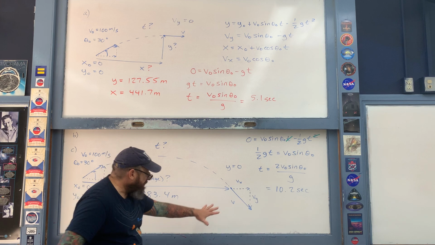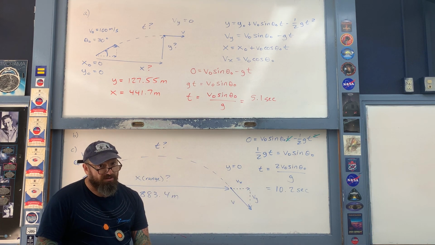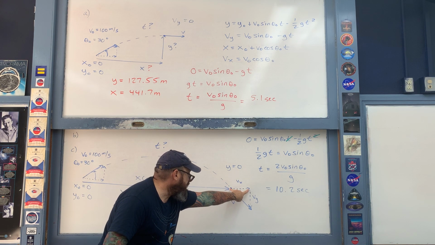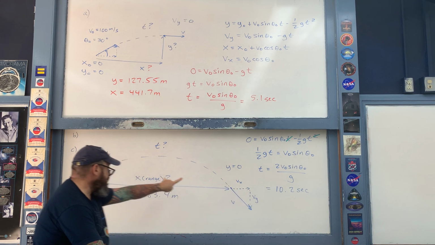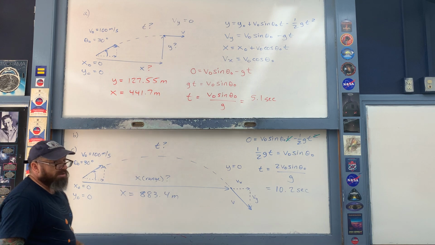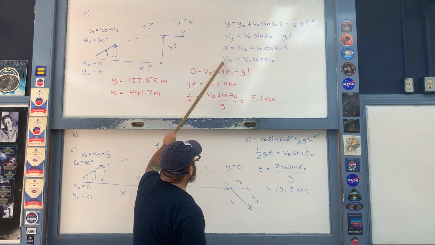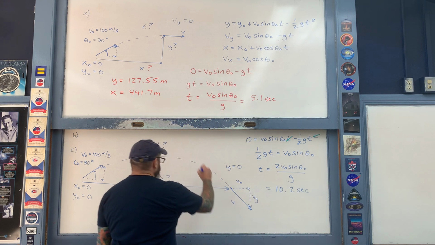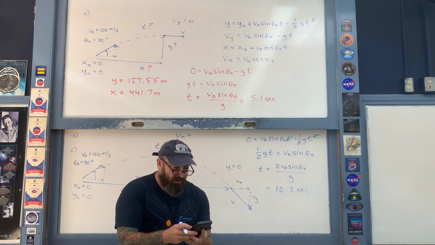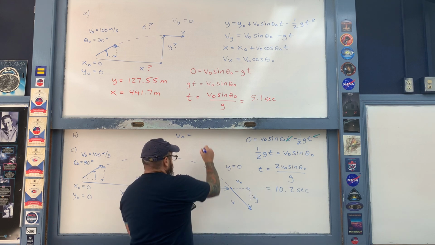Okay, now for part C of the problem, we're asked to calculate the details here of the final velocity vector v. Let's go ahead first of all and find the x component v sub x. Recall that the x component v sub x is the same thing as the initial component in the x direction of the initial velocity vector, because once again recall that there is no acceleration for a projectile. So let's go ahead and calculate it directly by using this expression here. Okay, so v sub x is going to be v naught, which is 100, and then multiplied by the cosine of 30 degrees. That works out to be 86.6